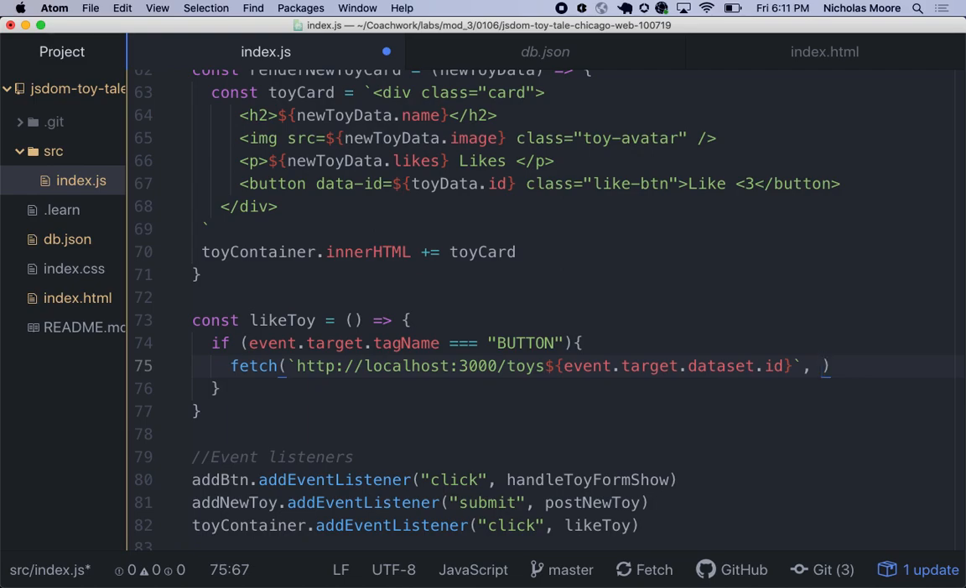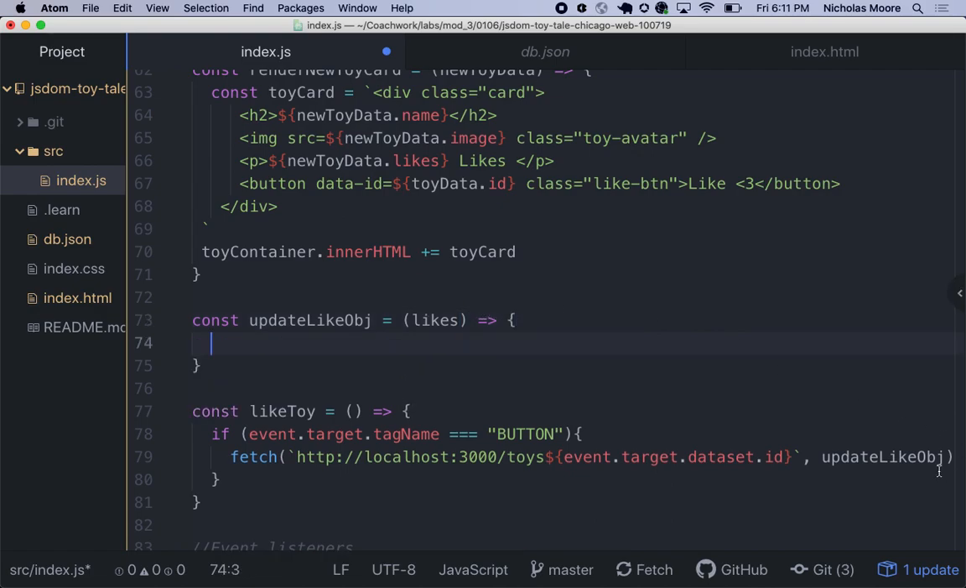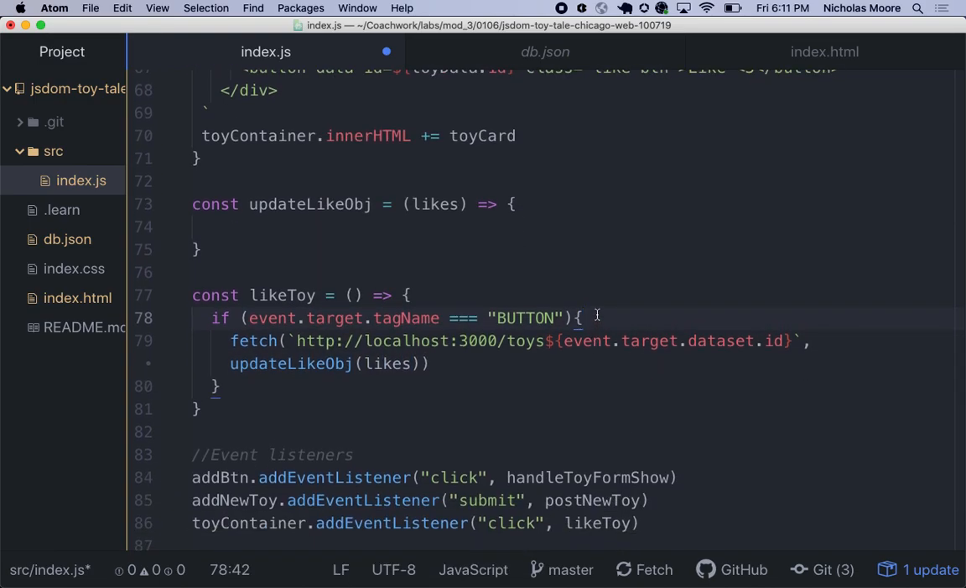So let's say update likes object. I'll just call it update likes object, and I'm going to put this thing outside of here. const updateLikesObject, and I can expect to pass in a number of likes. And to get the likes in here, equals,